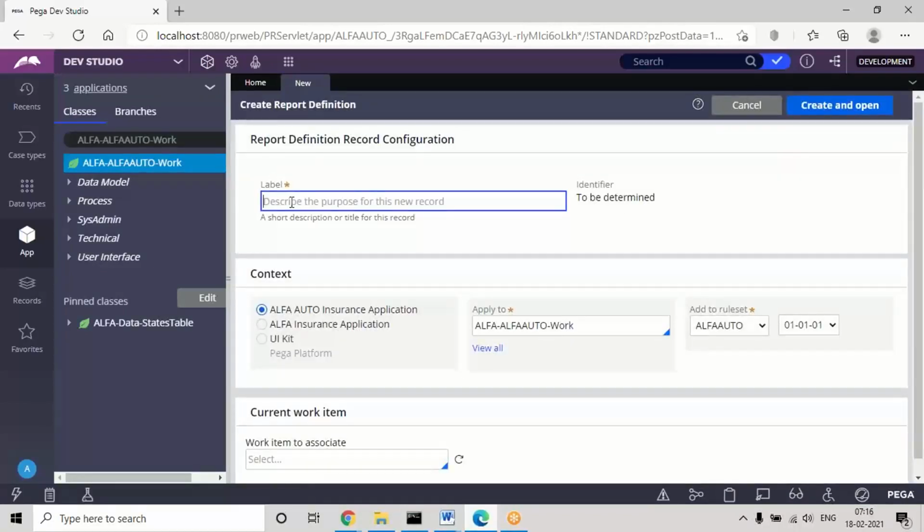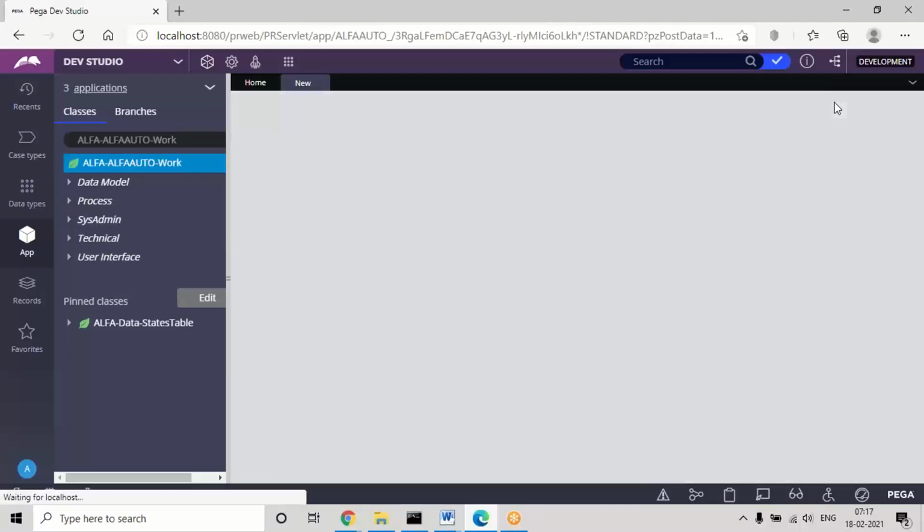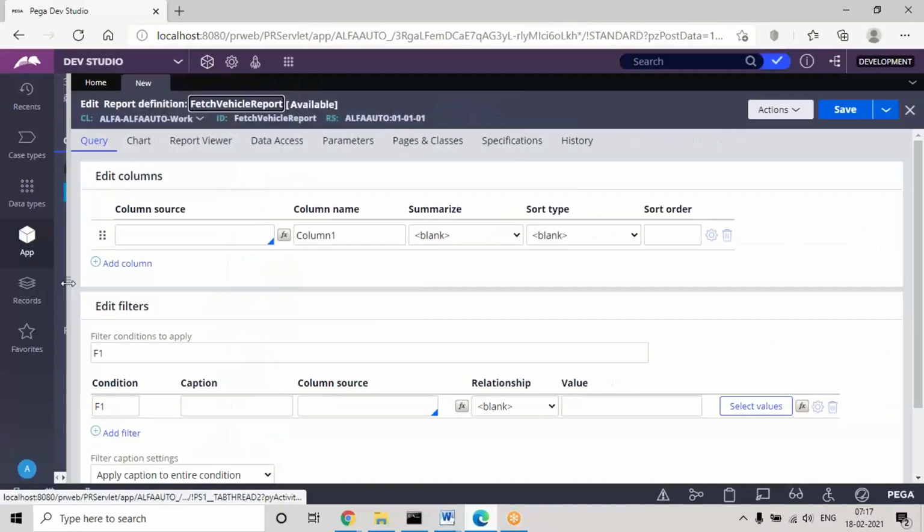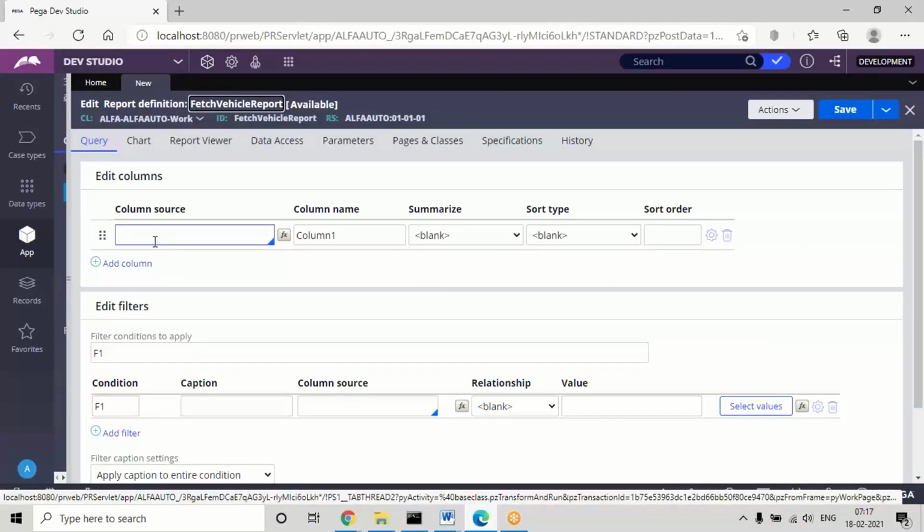I'm giving a name. See, in the main column source, for which columns you need the output, you can include all the columns.